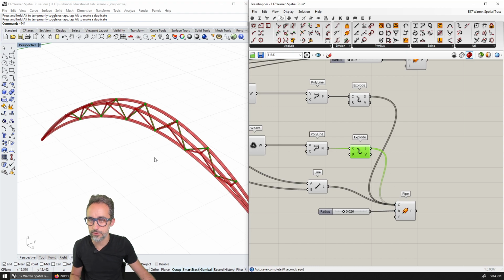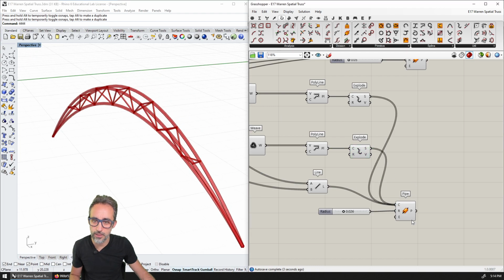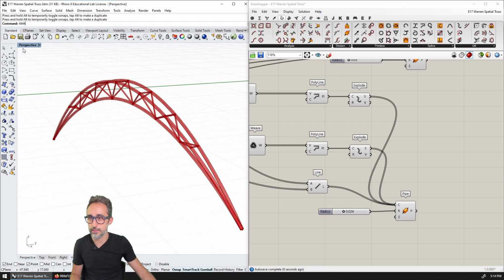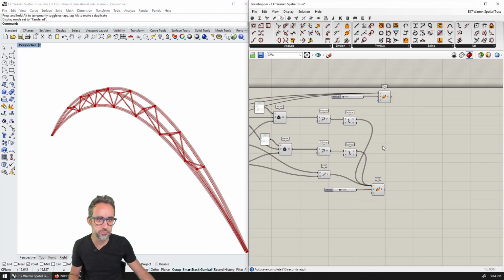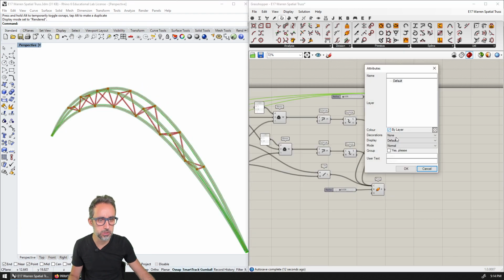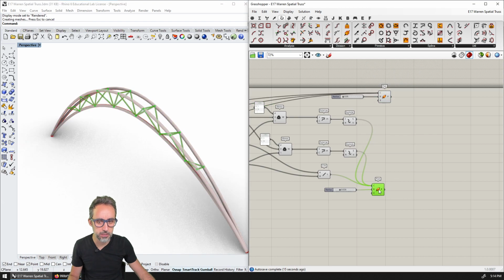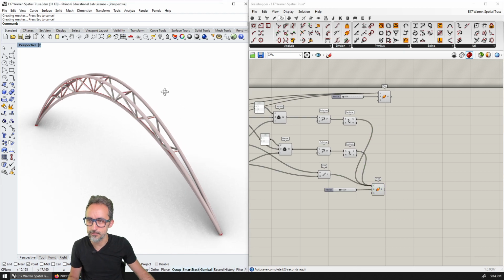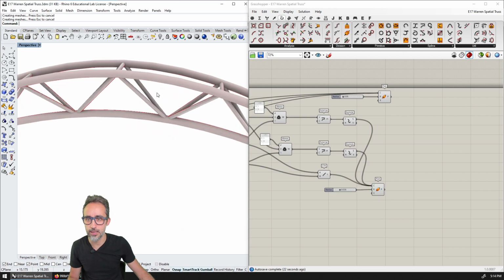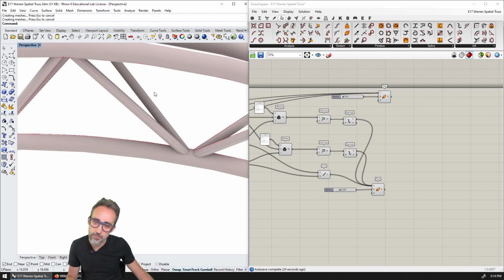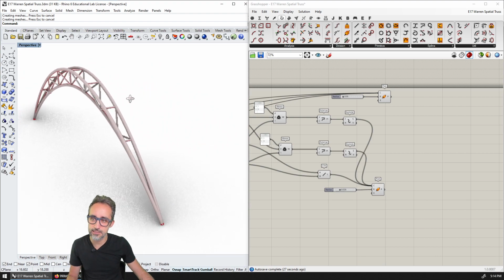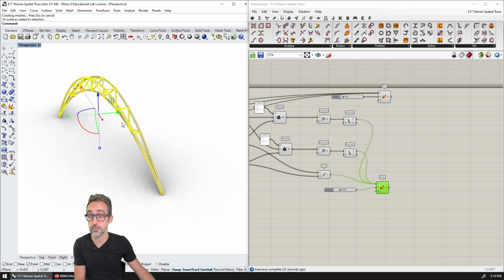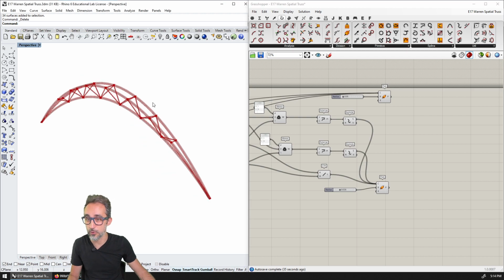And then I can pipe this, I can add these guys to this rendering, for example, and then you can see how now the pipes have been rendered as part of it. And then if I do some render visualization, for example, so let me bake this, and let me bake this. You can see that now it looks a little sexier, right? These pipes with some thickness, etc. That kind of looks pretty cool, as I may have to say. Not because I made it, but I think it's kind of cool.